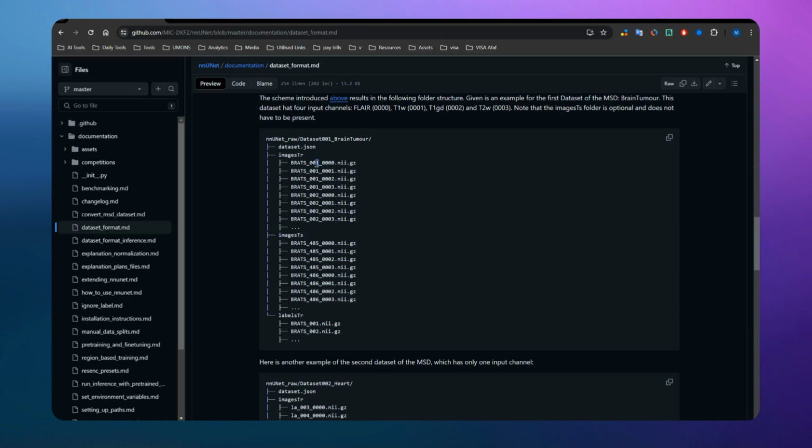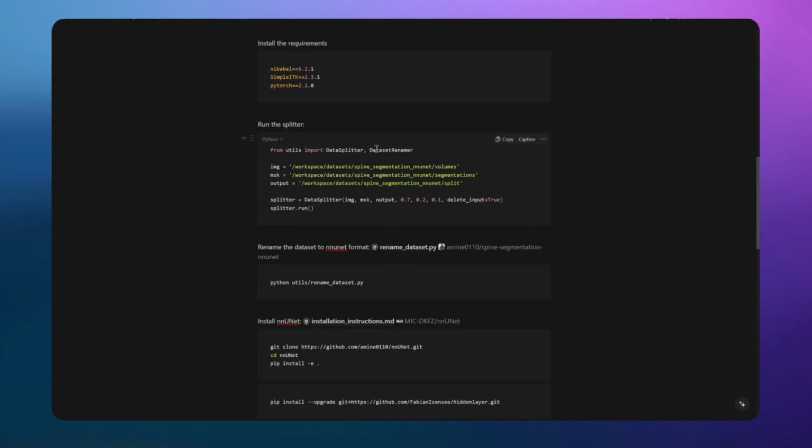But for these will be the number or the index of the scan. So the scan number 1, the scan number 2, scan number 3, etc. So we will have the scans and we will have the labels. So this is how the dataset should be created. And as I said, I have already the renamer that will do that, which is the dataset renamer. So we'll use it directly